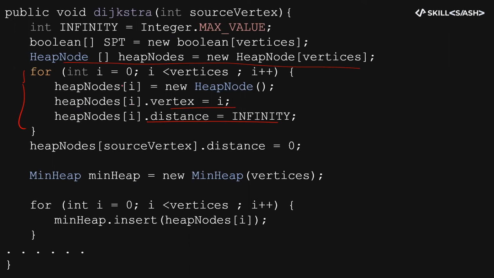Now, the heap node for the source vertex has distance 0. That is to be understood, so that the first node I'll start iterating over will be the source. Perfect. Next, I have to start iterating over the graph. And before that, once the min heap is defined, all the heap nodes I'm adding